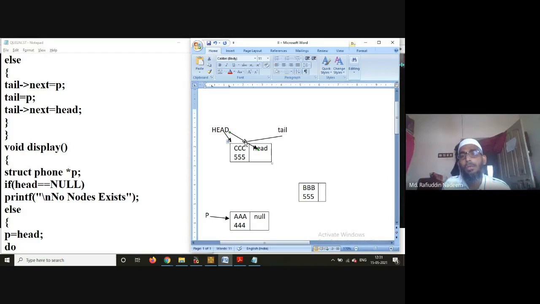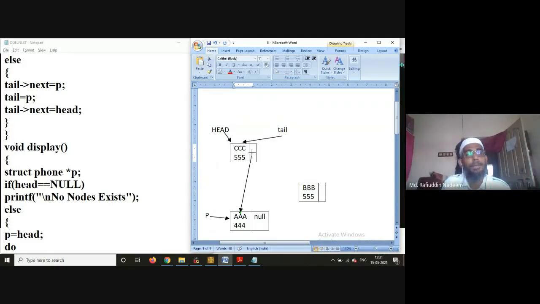In the sense now, this is tail next, which is equal to P. So this points to this one. And tail is equal to P. So now tail is changed because this is the last node.